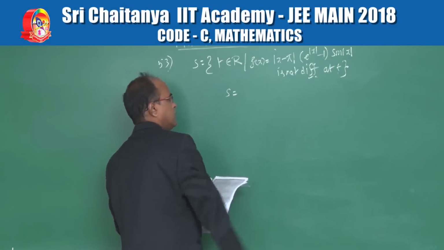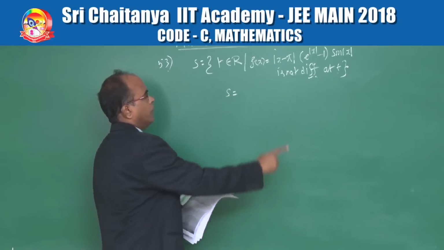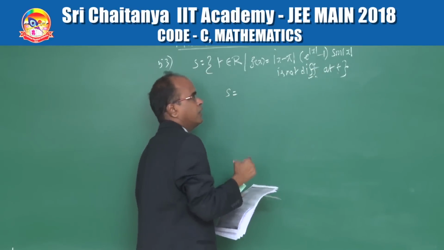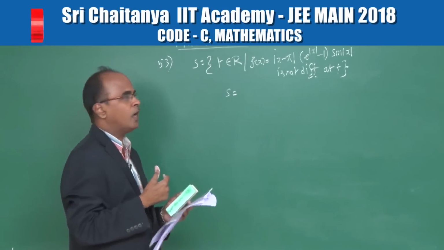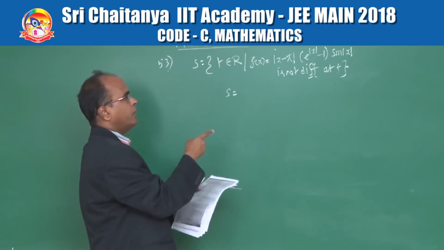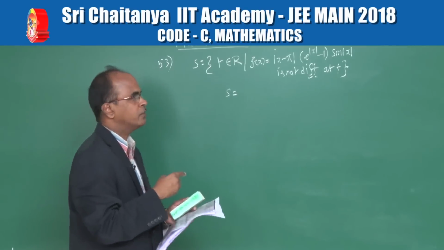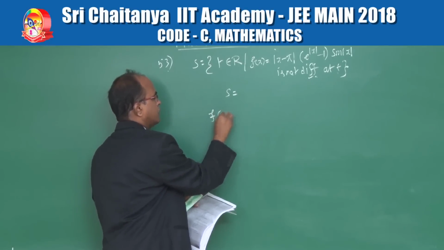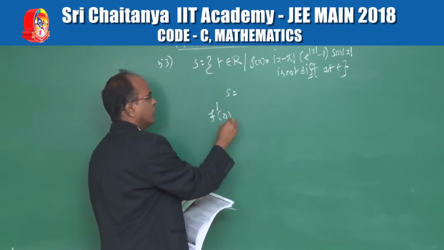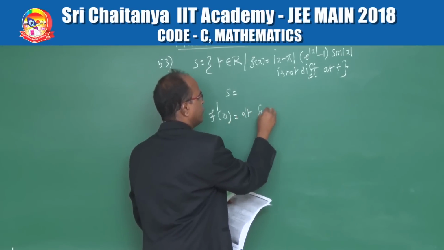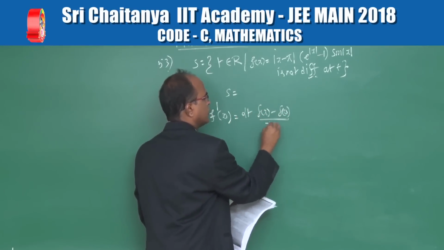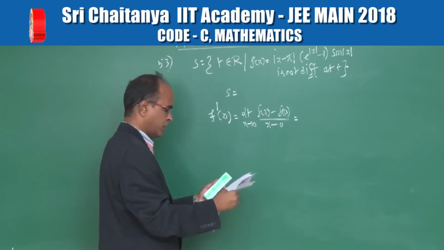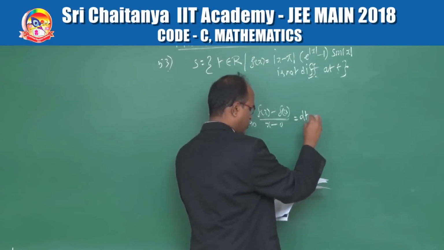Then the set S is equal to... because the function involves mod x and mod x minus pi, the expected points of non-differentiability are 0 and pi. That is why we calculate the derivative by definition at 0 and pi, namely f dash 0. By definition it is the limit of (f of x minus f of 0) by (x minus 0) as x tends to 0, and for the function under consideration, if you calculate, it comes out to be